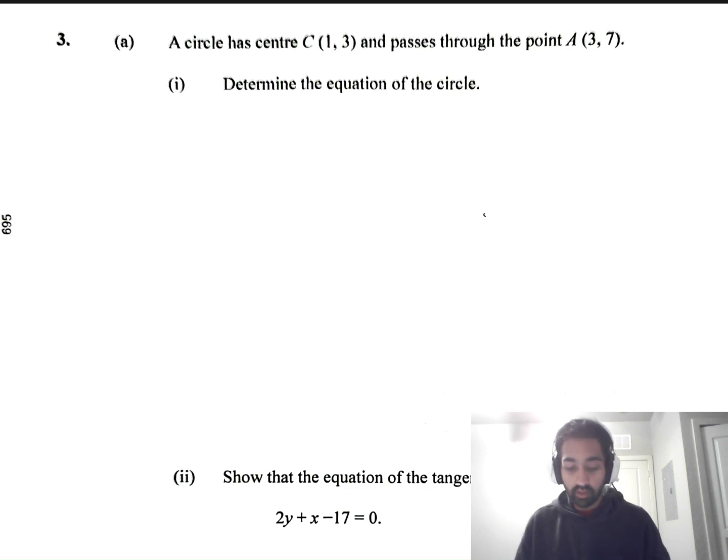To solve question 3 of 2025 K Pure Math Unit 1. First part says a circle has center (1, 3) and passes through the point (3, 7), and we're asked to find the equation of the circle. The first thing you need to do is recall what the form of the equation of a